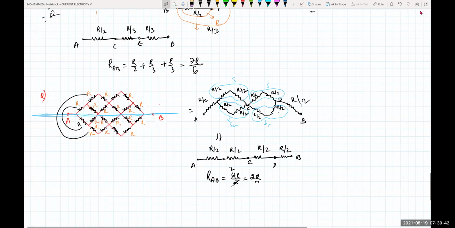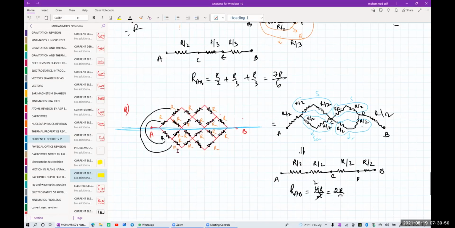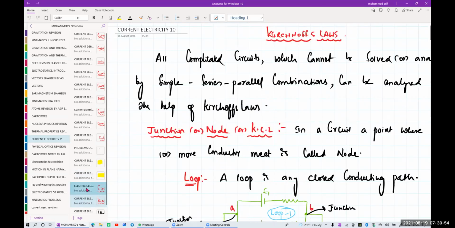Clear, beta? Have you got it, everyone, this one? Yes, sir. So that was about your symmetrical problems related to the electrical parts. The next one is,